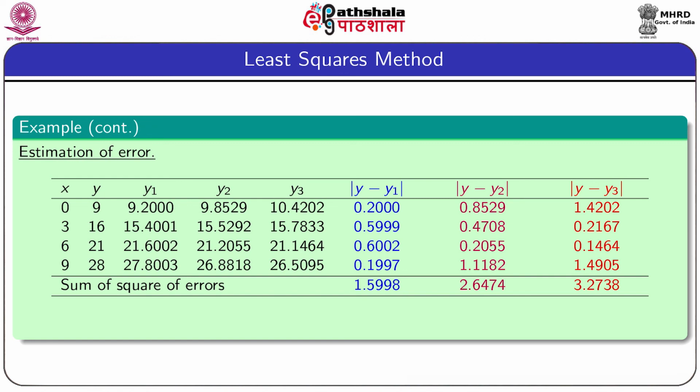Now the sum of square of errors. For the first curve, the amount of error is less, and in this case we consider no weights for the sample points. In the second case, we consider the medium weights, and for this case we see that the amount of error is medium, and for the last case we consider more weights and observe that the amount of error is more compared to the other cases.